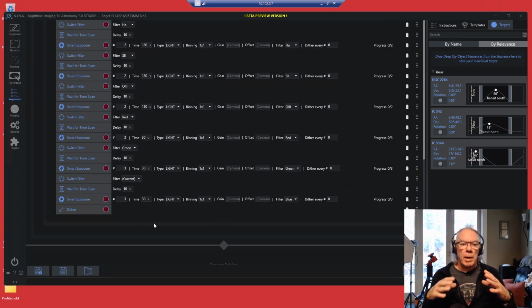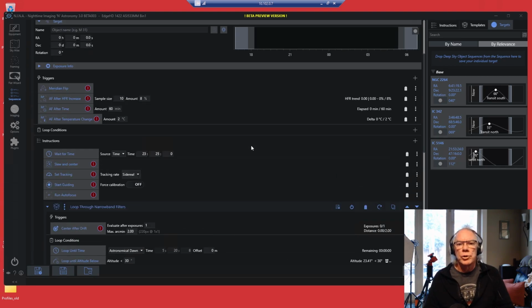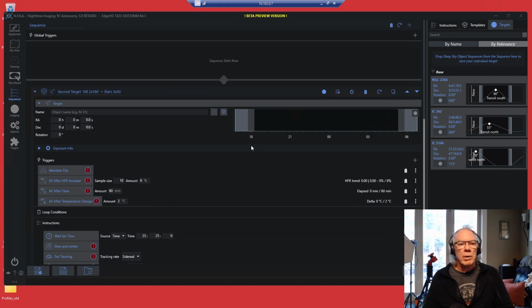And again, I'm really a big fan of the loop. And this is one thing I could not do with the ASIAir. In the ASIAir, I had to kind of guess how long it was going to take for each dither, how many autofocuses were going to be done over the course of the night. I had to allow time in for the meridian flip. But moving into N.I.N.A, basically it just enables me to tell it, just shoot as long as it's dark, or the target is above 30 degrees altitude. I don't have to figure anything out in a sense.